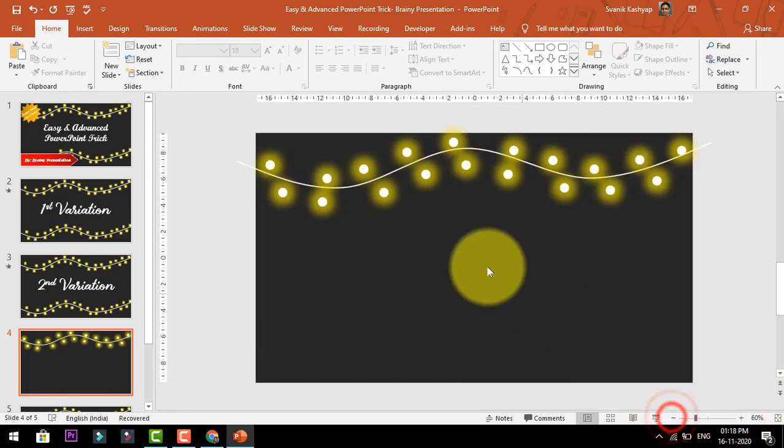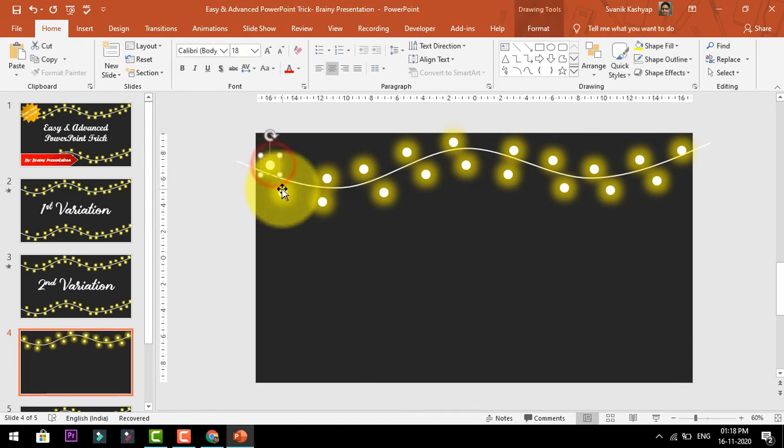What I am going to do is select all of these glows once again by holding the Shift button.